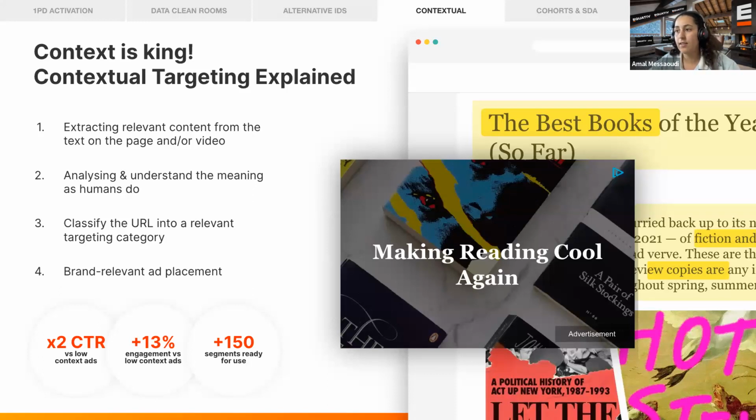In this case, contextual targeting can be used for a higher CTR on your inventory, because ads with low context actually have near to no retention on the user. This will increase your CTR by 2. You will have more engagement on your content, and finally,